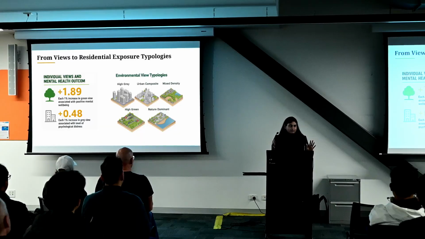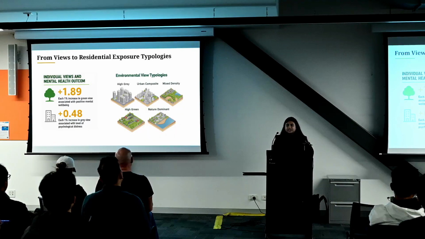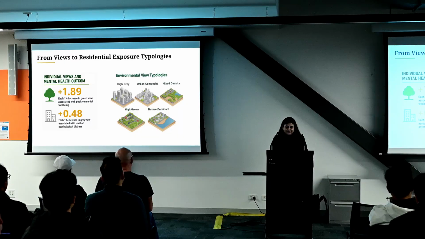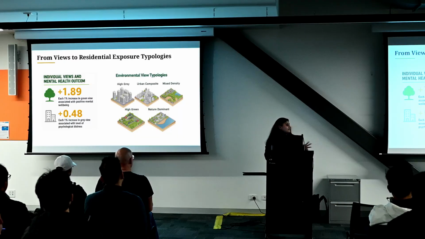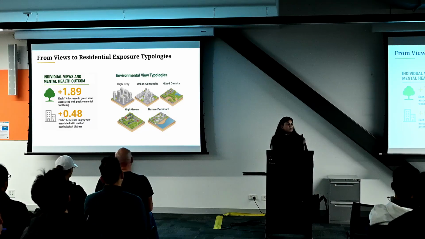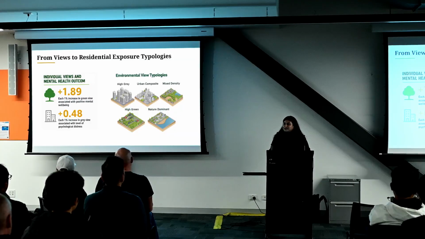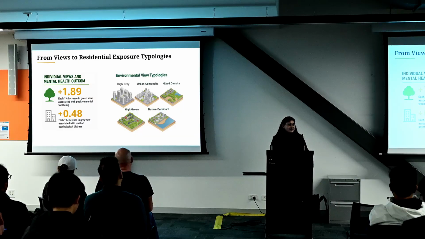One is high gray. There is not much greening, completely gray. The second is urban composite, which has a little bit of green, but more high-rise buildings. Mixed density is more about mid-rise, low-rise buildings with a green environment. High green is too much green. Of course, you need so many plants. And nature dominant is where you have a lot of rivers, the oceans, the green, and a kind of mixed balance of environment. So can anybody relate to any of the typologies you belong to here? Do you think it matches what you see or where you belong?